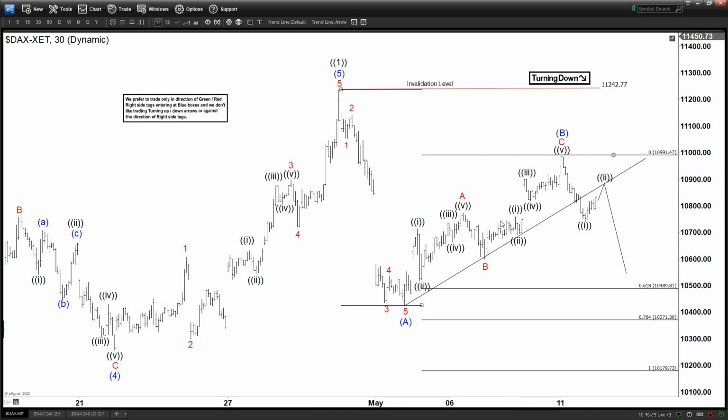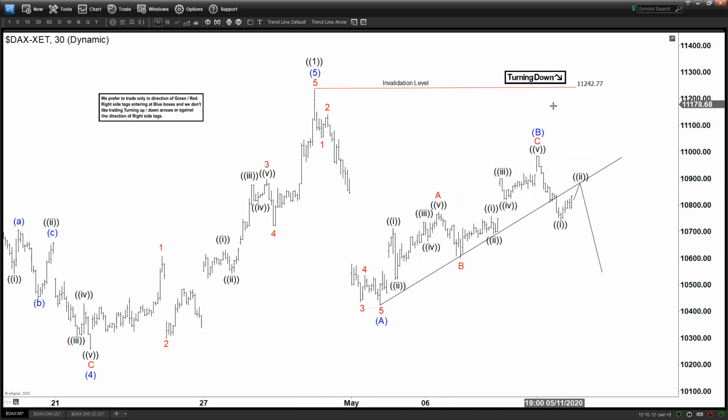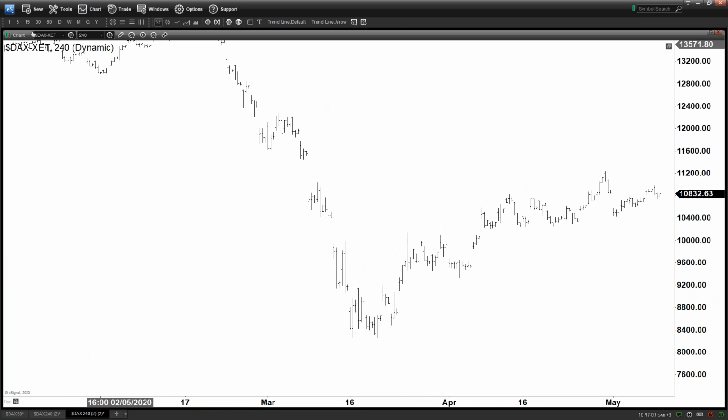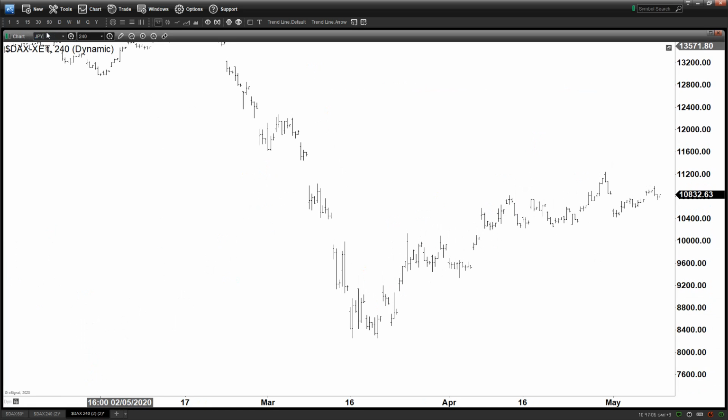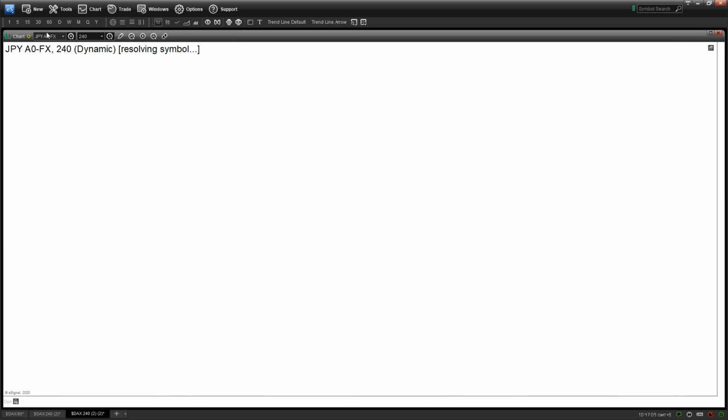Now, one thing that complicates this view a little bit is the idea that actually the US dollar yen looks to be breaking out. Typically, when we are talking about risk on and risk off, when the indices go down, people sometimes call it risk off. Typically that will also be accompanied by US dollar yen going lower, and the yen crosses in general also going lower. But in this case, if you take a look at the yen, US dollar yen specifically, it doesn't go lower. In fact, it broke higher.